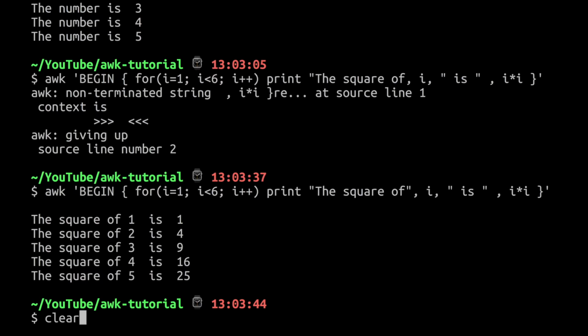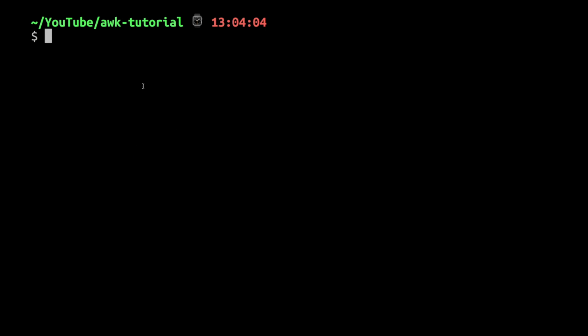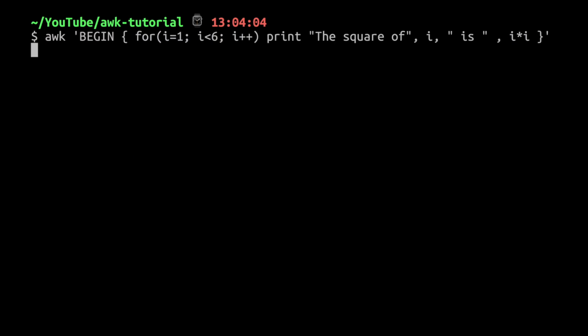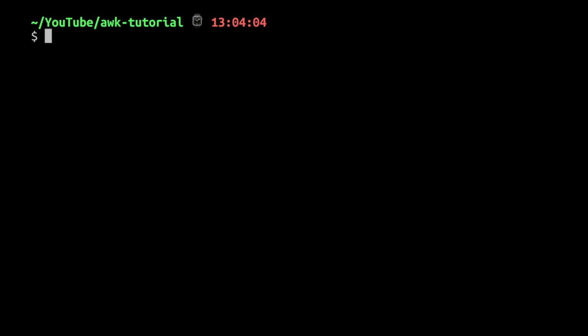Let's see another thing, BEGIN and END. As I have used BEGIN in this command, I'll show you what it is. BEGIN and END are two different special patterns which basically execute before and after the processing happens on the records. For example, let's say I use awk, and then here I write BEGIN, give a curly brace, and say print "start".